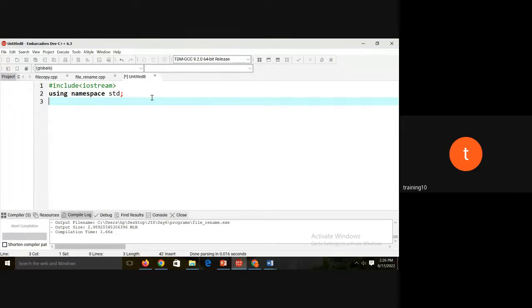So in this program, I'm using the concept of vector. Actually, the use of the standard template library is that the program size can be decreased. So here I am using the header file vector. All the functions that we are using are available inside this container, that is vector. Now inside the main function,